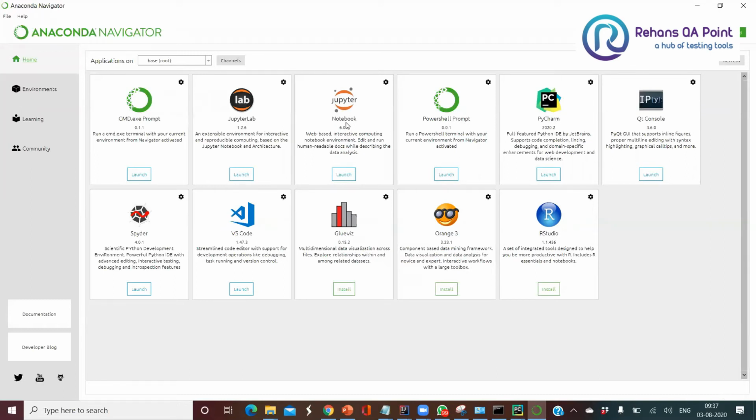we'll understand what this Jupyter is. So Jupyter is one of the very good frameworks, one of the editors available, which is going to be used widely in your data science and data analytics part. If you want to analyze huge big data, to have a good representation and visualization of the data, we'll be using your Jupyter notebook. Now go and click on this launch. A new browser will open with a Jupyter notebook.